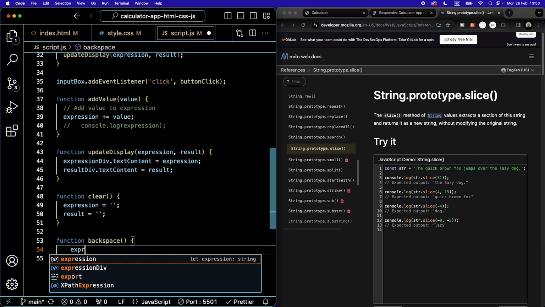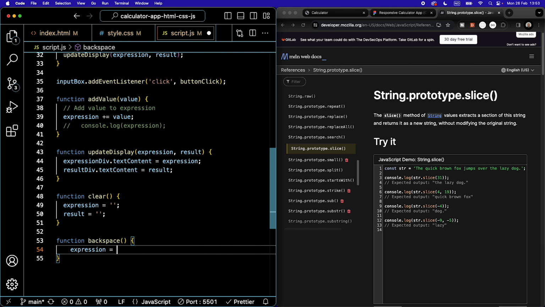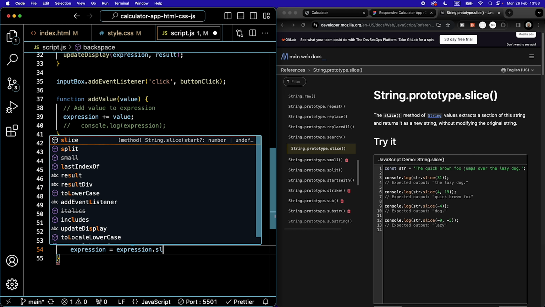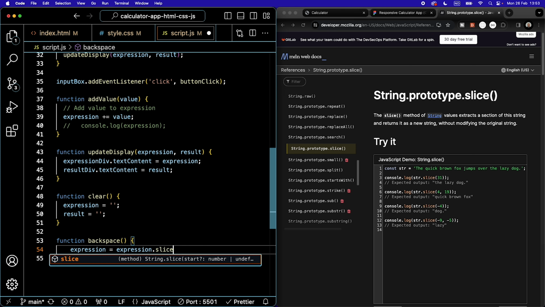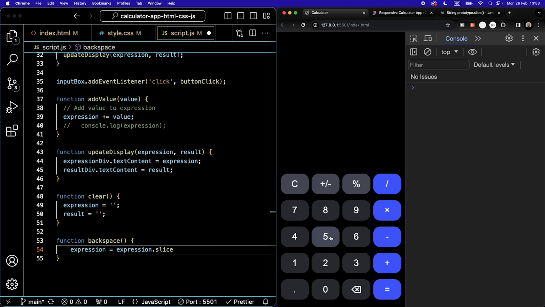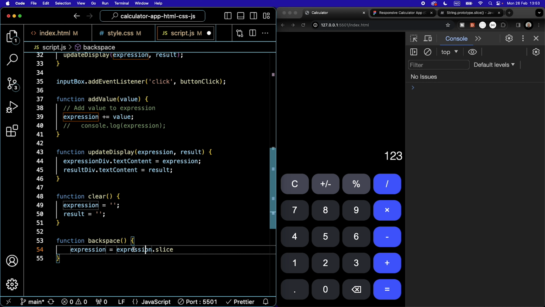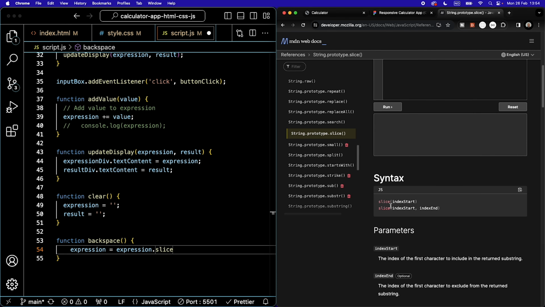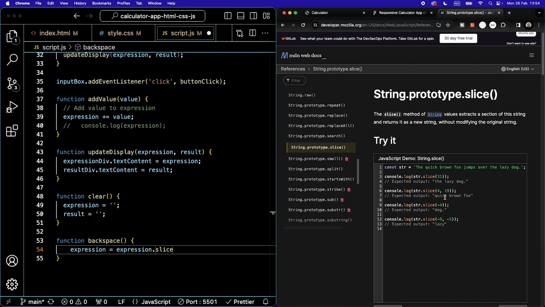We are going to write expression equals expression dot slice. So we're taking the expression, whatever it is. Let's say it's 1, 2, 3. So 1, 2, 3. And then we're calling slice on it. And let's see how to use that. So the syntax, index start and the index end. So here we see